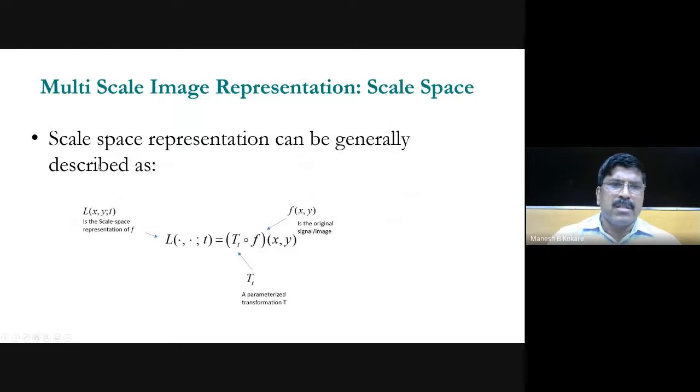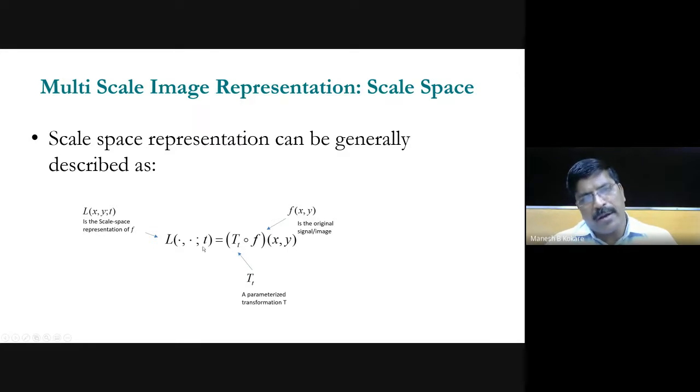Okay, so see that the scale space representation can be generally described as, see, this is the representation of the scale space: L of x, y, t. So x, y is nothing but the spatial coordinates, and t is nothing but the scale at which you are obtaining this image. Now for this image, you are using some transformation function with parameter t, and that is convolved with the image f of x, y, right? So this is the original signal which is convolved with some transform,